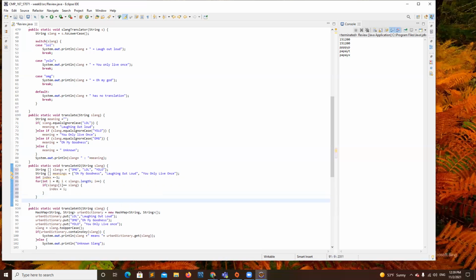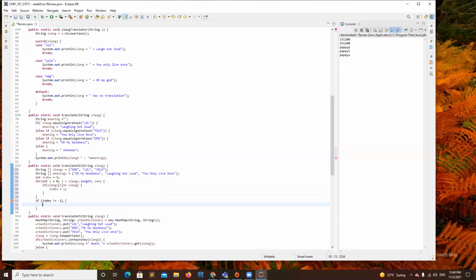And then if index is not -1, then I will go ahead and do this. Message is going to be slang concatenated with, or I can put means.